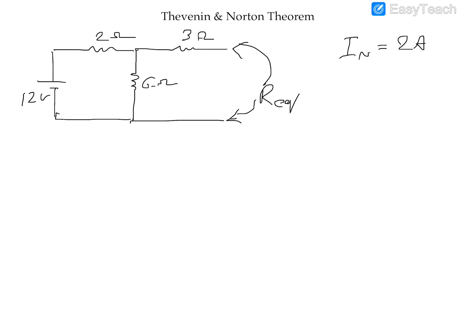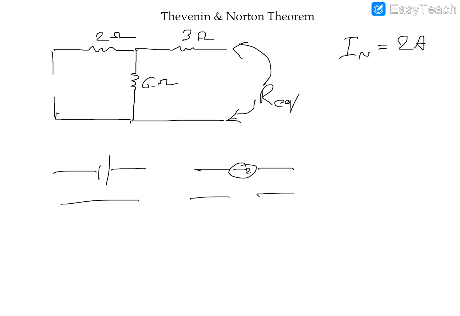Equivalent resistance. And since we have a voltage source here, if you remember the rule: if you have a voltage source, you short it, and if you have a current source, you break the circuit. So here, because I have a 12 volt voltage source, I would go ahead and short this. So now if I look at it,